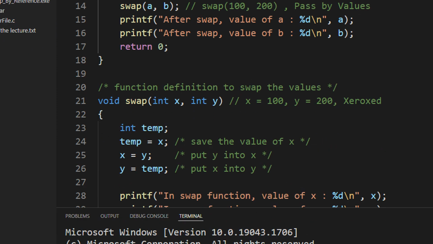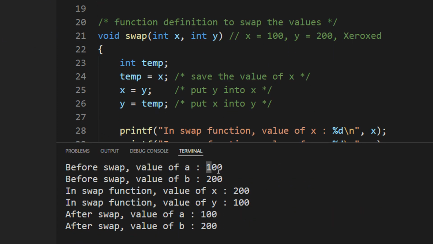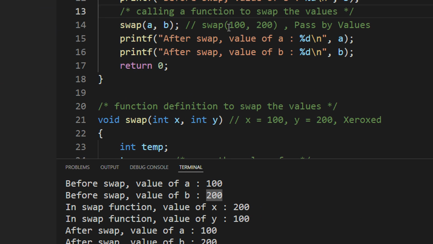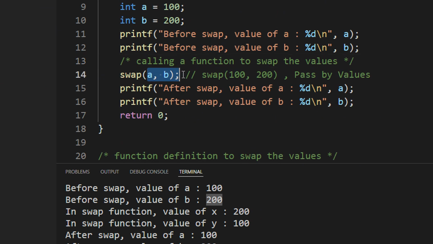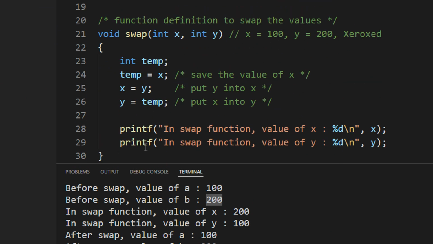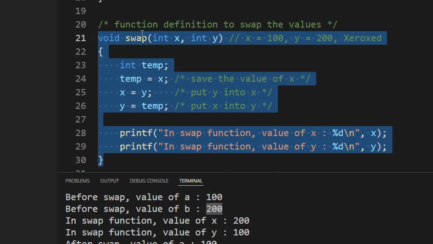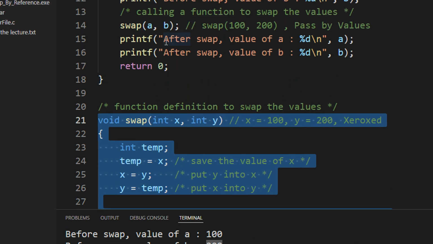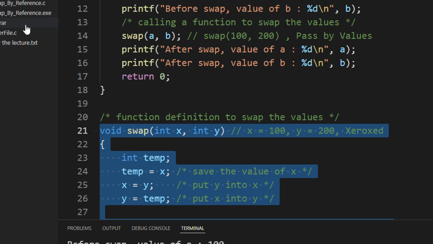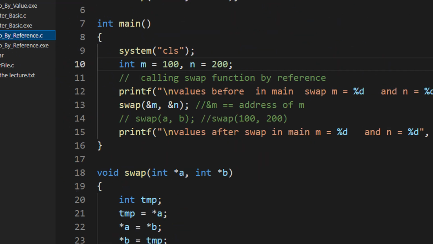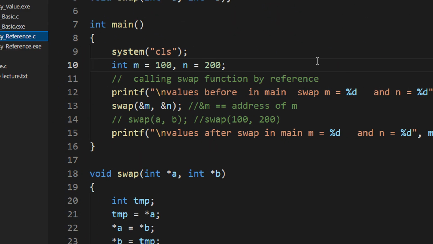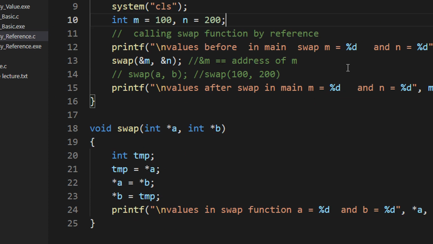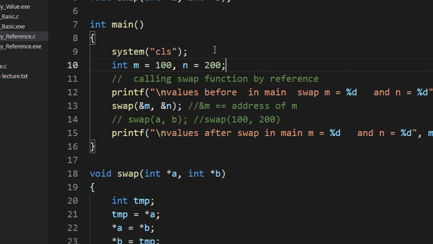into the main code. The reason being we had passed both 100 and 200 in the form which is called pass by value. We were passing actual values and not the base address or by reference. All right. So whatever changes you actually did were in the function and not in the main. Fine. So today we will see pass and swap by reference. So in reference, basically, you can just take a feel that